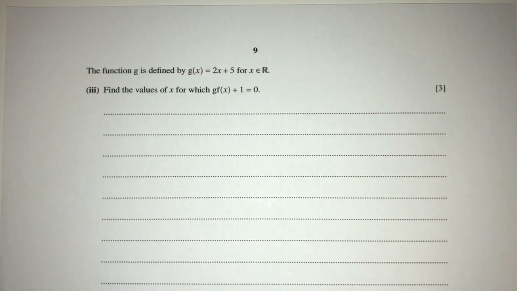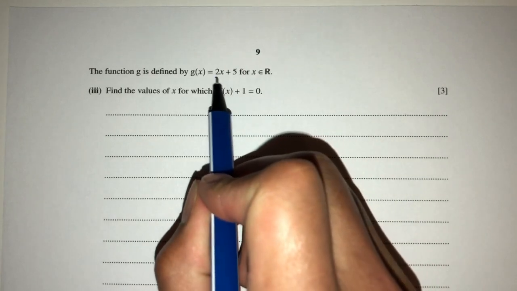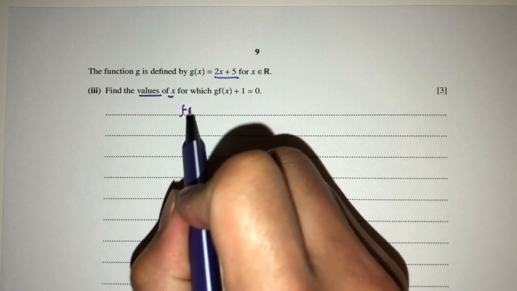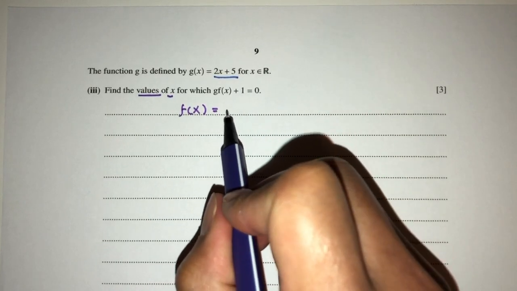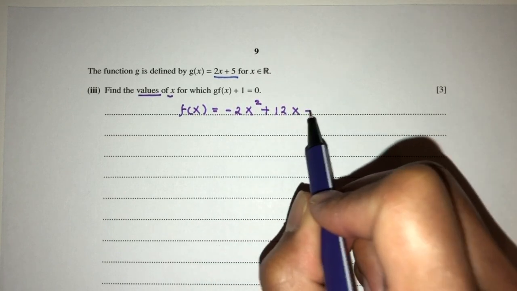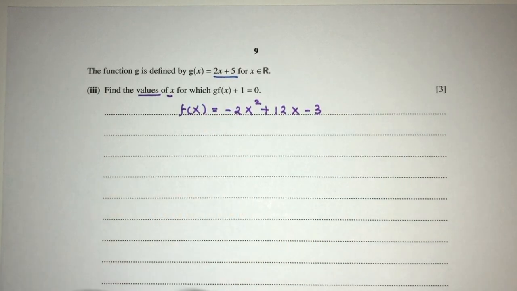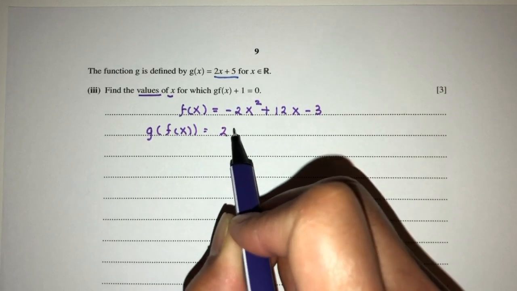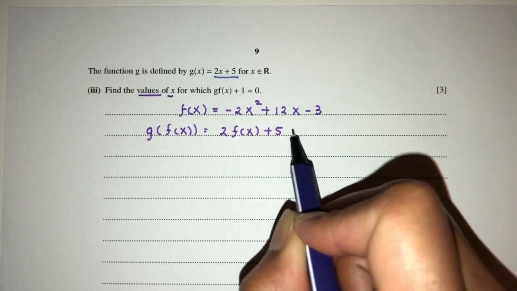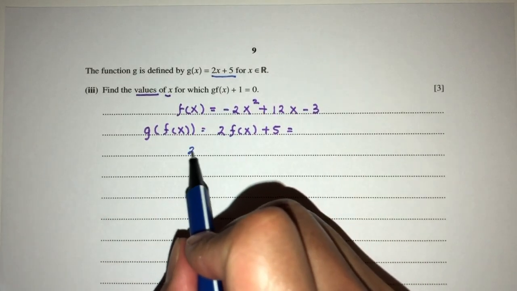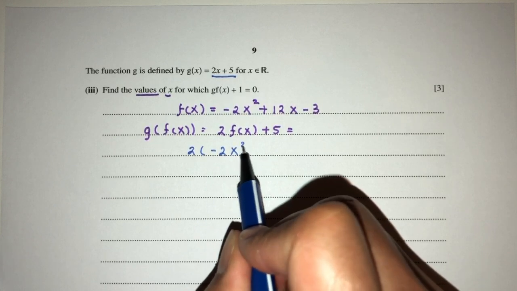Now for part 3, we have a function g of x is defined for this. So here we have to find the values of x, for which this equation is true. Now, we know f of x is what? F of x is given by minus 2x squared plus 12x minus 3. Now we have to replace that in here. So g of f of x is what? It is 2 times f of x plus 5. Let's see what we get. So 2 times f of x will be, replace f of x, you will have this,